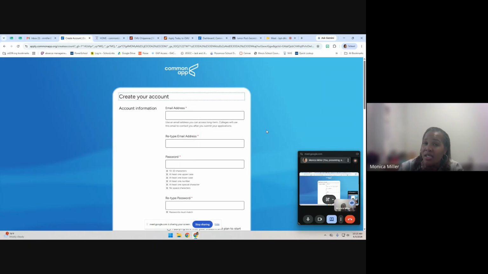I also would suggest using your own email address that you use just for college information. I would say put it as a notification on your phone. So anytime a college sends you something, anytime a scholarship sends you something, you get a notification to your phone. That's my suggestion. So again, you add that email address, whatever email address it is that you use, you create